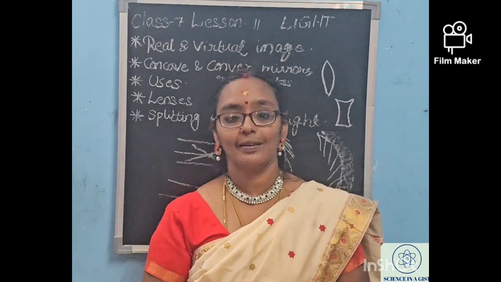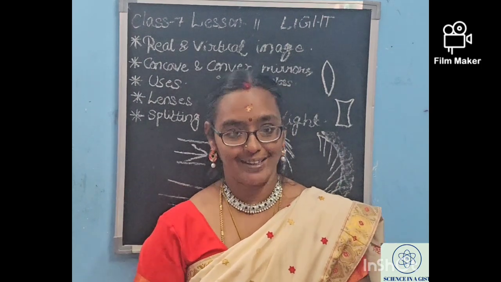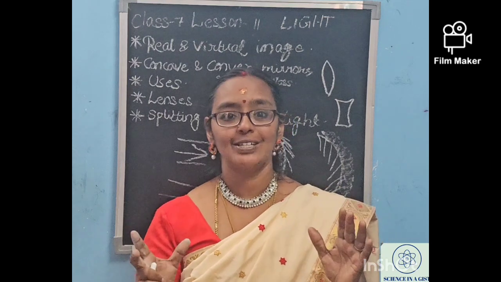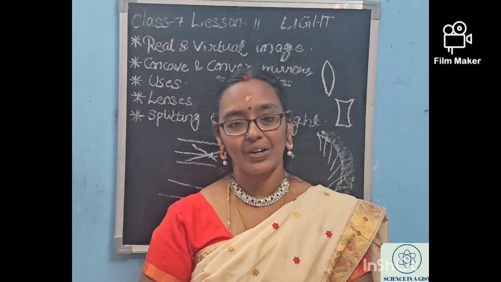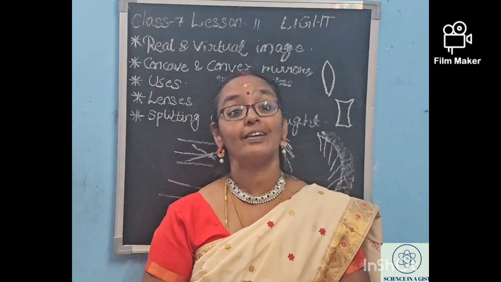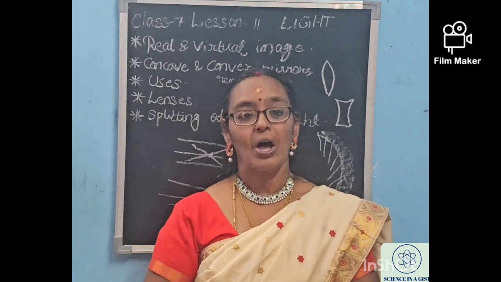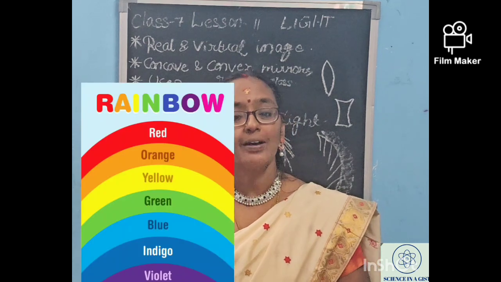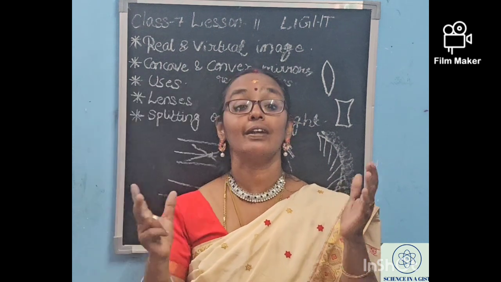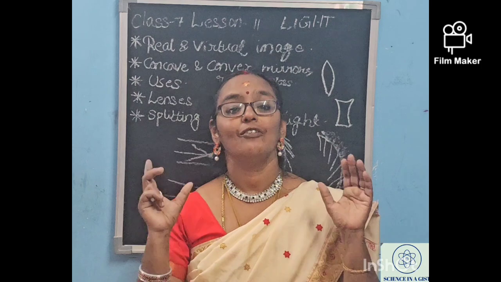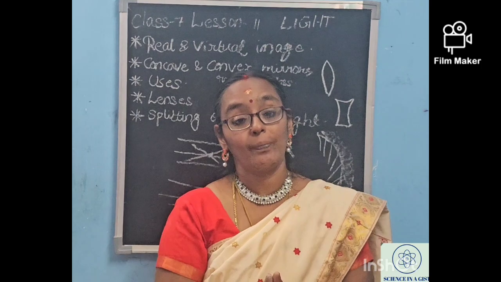Now the last and important topic is about the white light, the sun's white light. Is there any light which is said to be white? No. Light is of 7 colors. What is that? VIBGYOR, isn't it? Violet, indigo, blue, green, yellow, orange, red. The sun's light consists of 7 colors, said to be VIBGYOR, and all these lights combine to form white